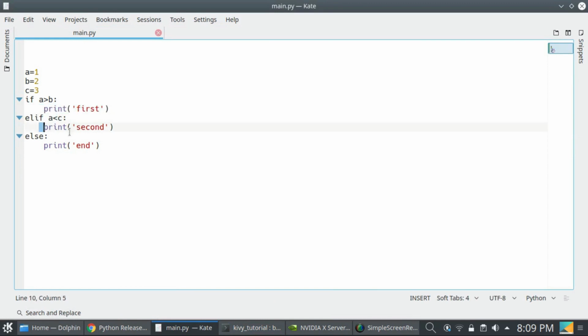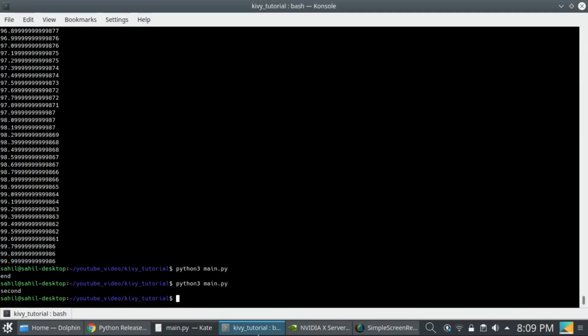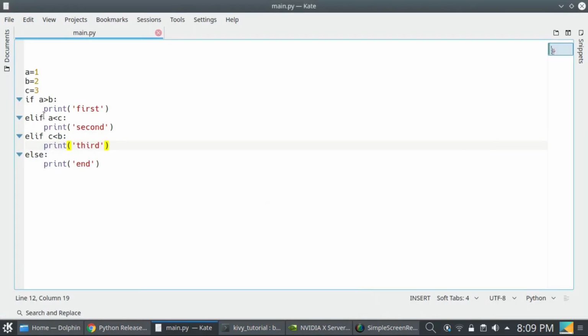When this is true, this block will execute, else this block will execute. You can add many elif, like elif C less than B, print third. You can use it like this.